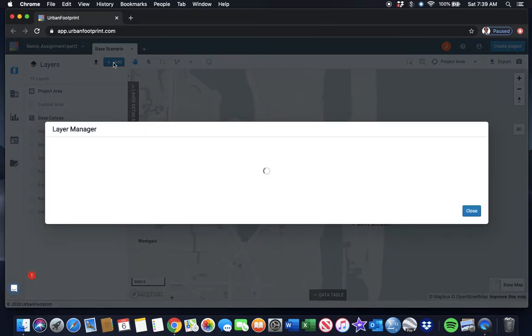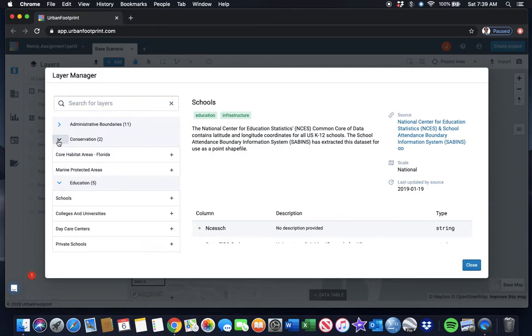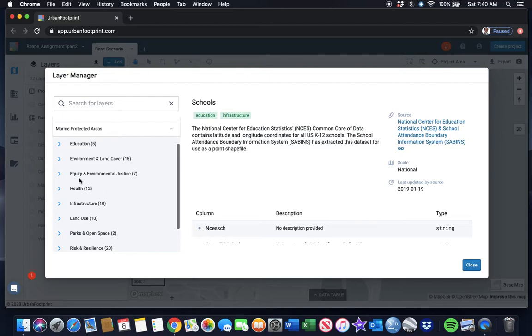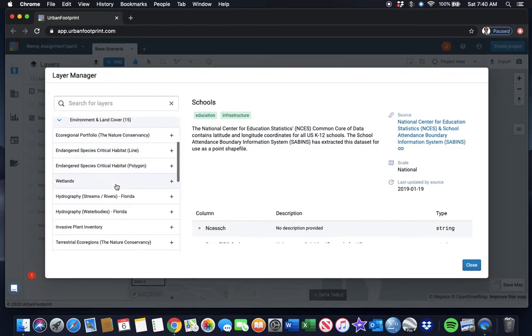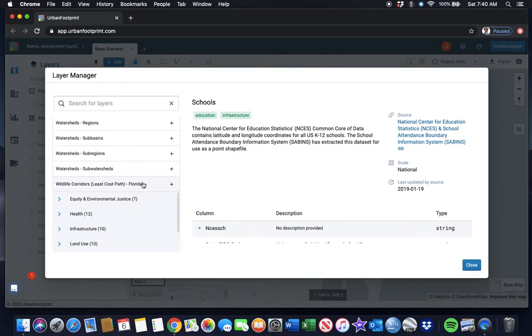But in order to add the new layers, we're going to come in up here. There's different environmental indicators. So we'll add habitat areas and the marine protected areas. And again, we may not use all these layers, but we're going to check them out and see how they interrelate. Wetlands, I added. There's an eco-regional portfolio. There are so many different